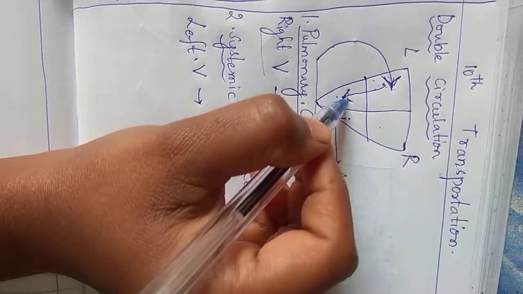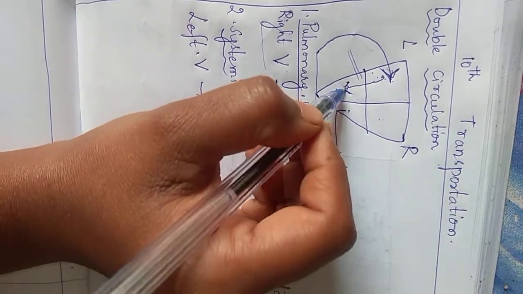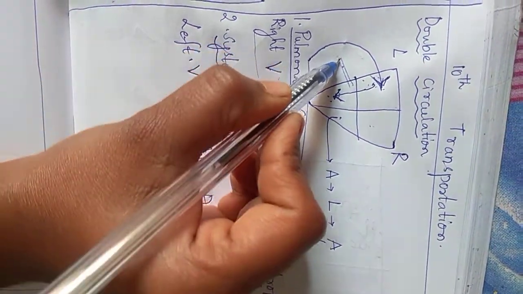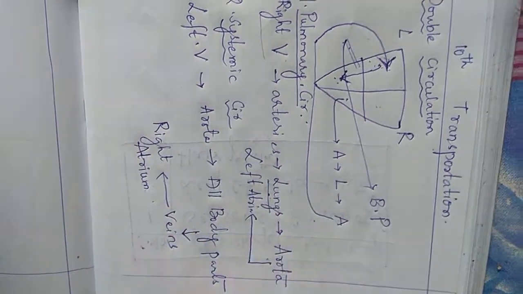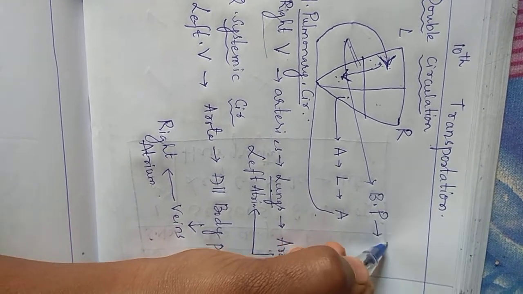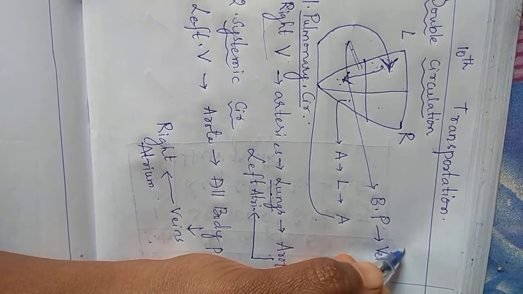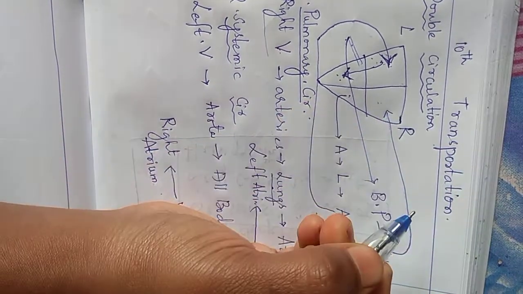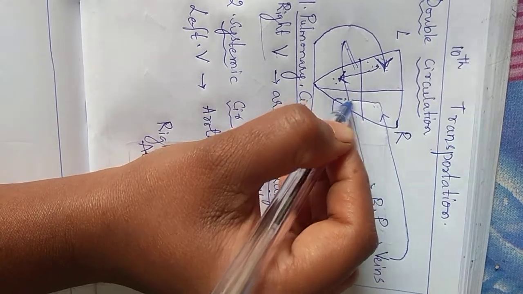Now it enters into aorta. Here there is an aorta, I have drawn the diagram previously. So from there it enters into aorta, and from aorta it will enter into all different body parts. From the body parts, whatever the deoxygenated or impure blood is there, it will be collected by veins, and these veins will carry the deoxygenated blood again to the right auricle. From the right auricle it comes again downwards.